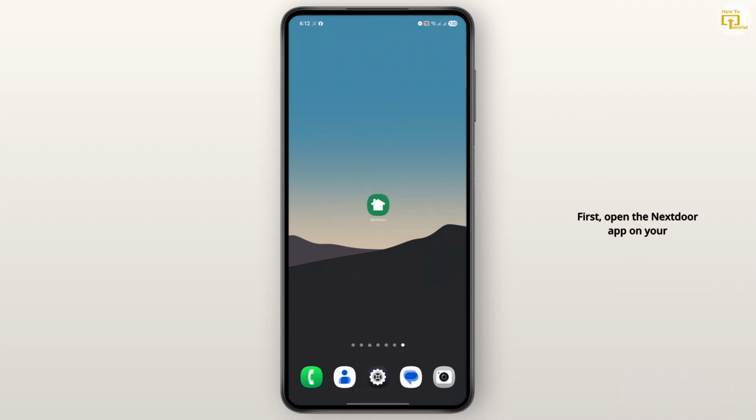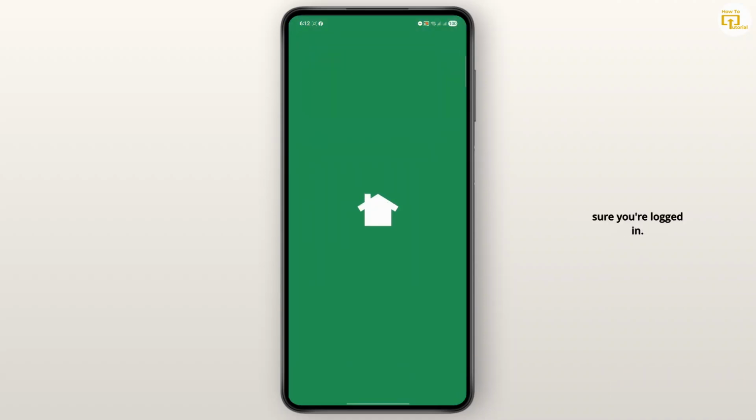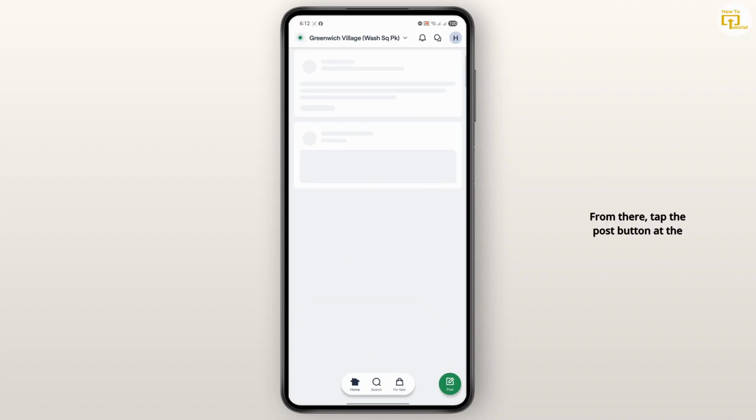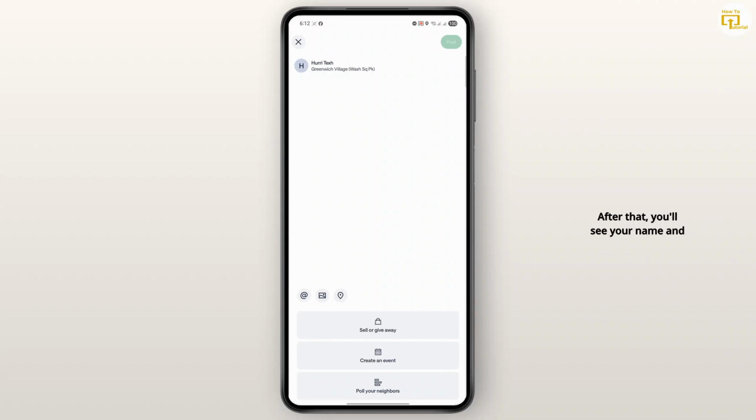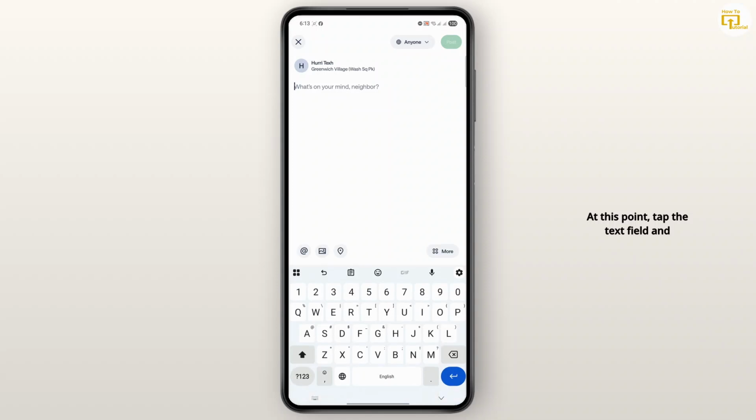First, open the Nextdoor app on your Android device and make sure you're logged in. From there, tap the Post button at the bottom right corner of the screen. After that, you'll see your name and your location listed right below it, so your neighbors know who the post is coming from. At this point, tap the text field and type out whatever you want to share with your